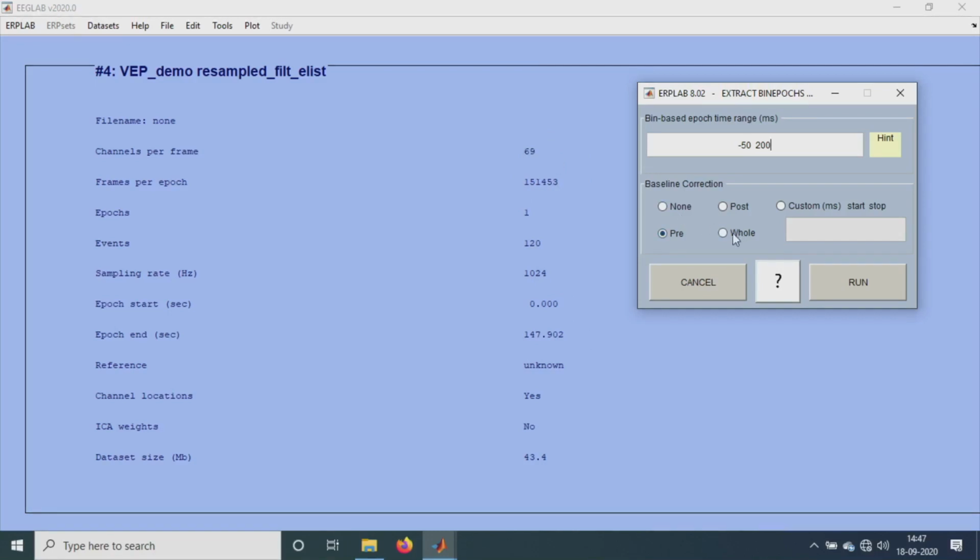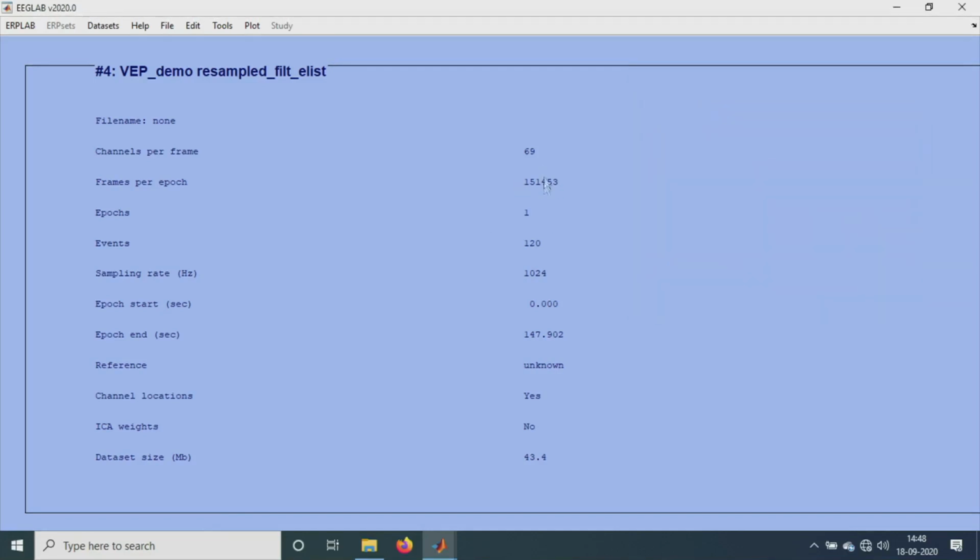For that reason only we are doing the epoching in this range. So if you want a P300, we will take from minus 50 to 700, so that we get that range, and also we get the powers of 2 as well. That is why we take a first quadrant kind of section. If we run it, we will have 120 epochs.